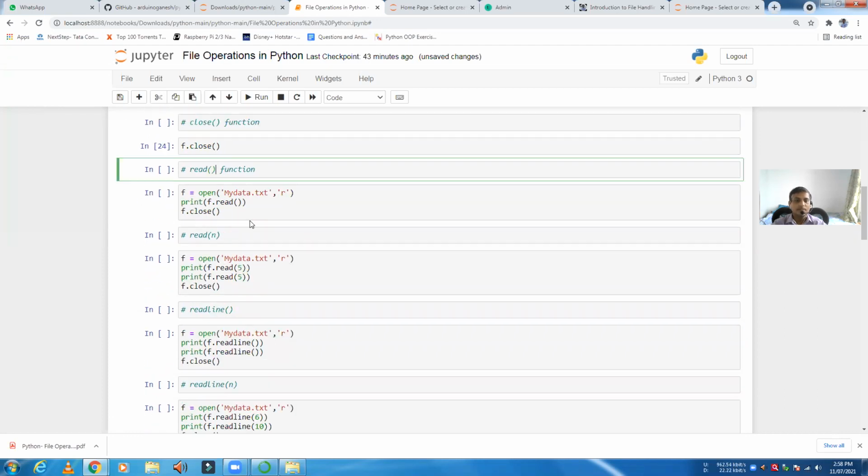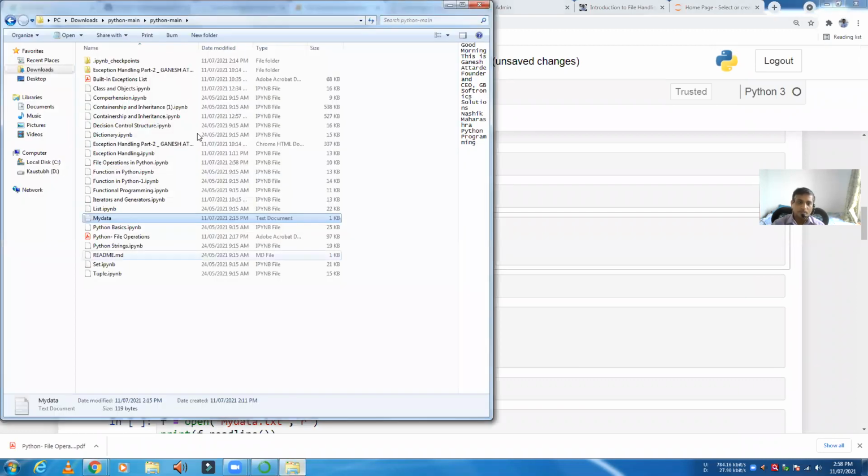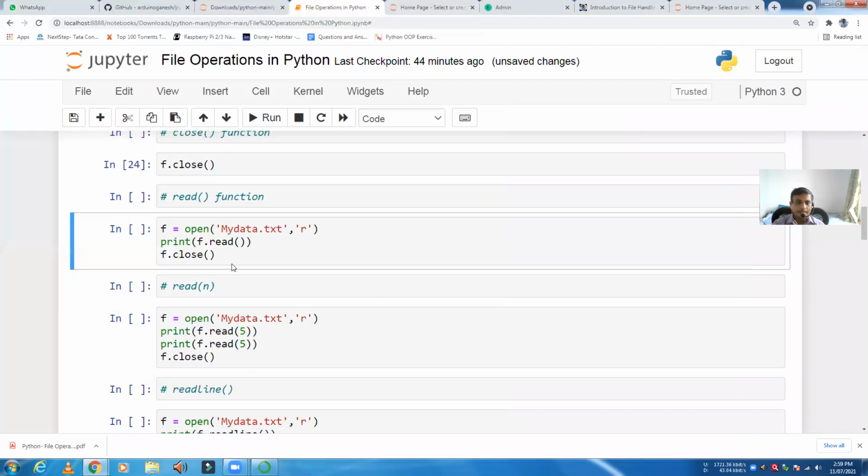Now the next one is the read function, a very important function to remember, because using the read function I can read the content of my text file. We have already opened that file, so we can check here what the content is. Let's check whether it is the same content if I read it using Python. So f is equal to open data.txt, and I'm opening it in R mode.